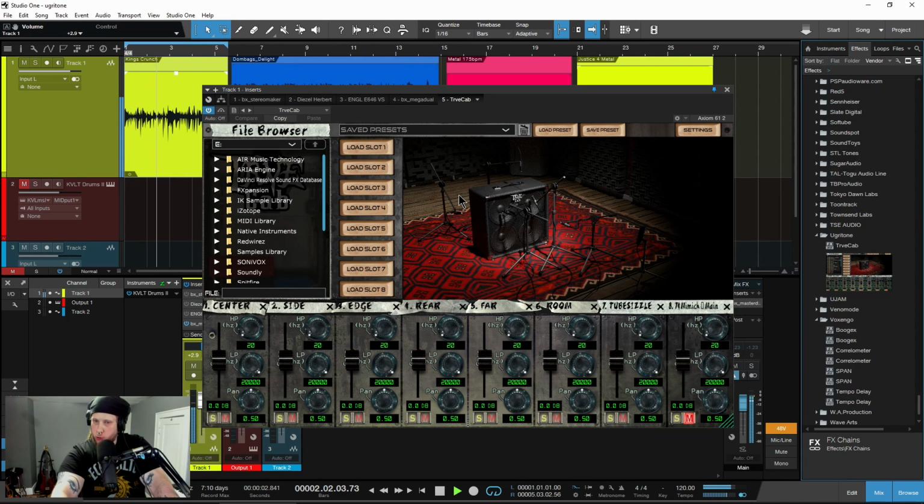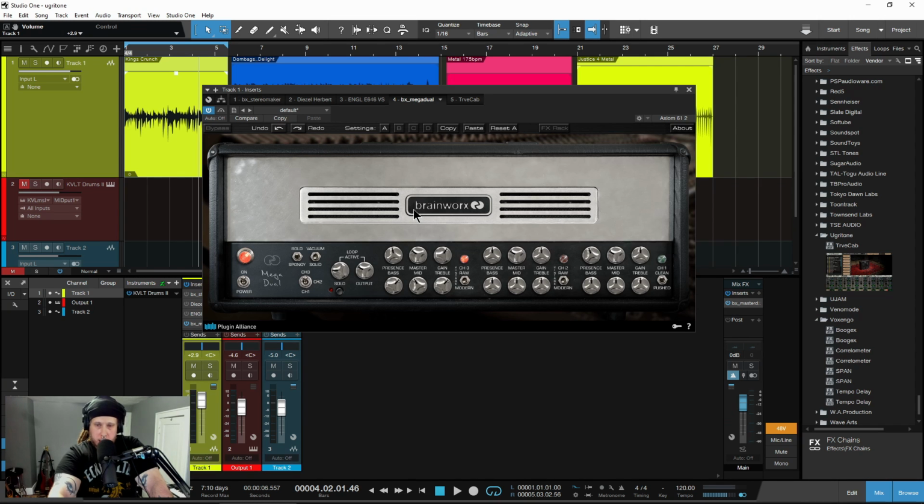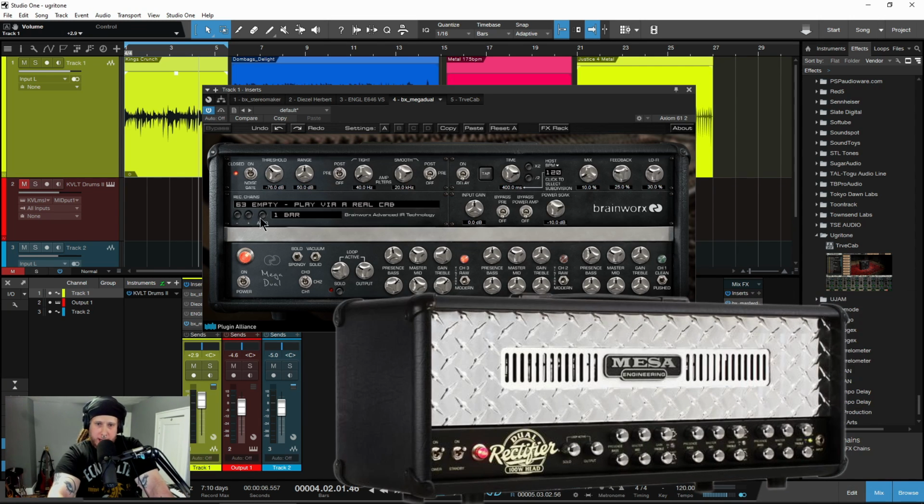So here we have TRVE CAB from Ugritone. And TRVE CAB is an impulse response loader, okay? So that means, of course, you're going to need an amp simulation to go with this. Now, you can use any one that you want. We happen to be using a BrainWorks Mega Dual, which is like a dual rectifier, and we have the cabinet